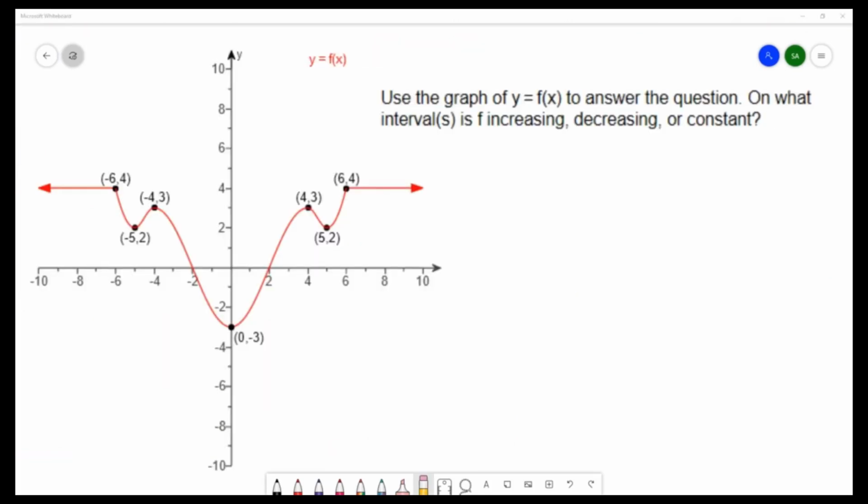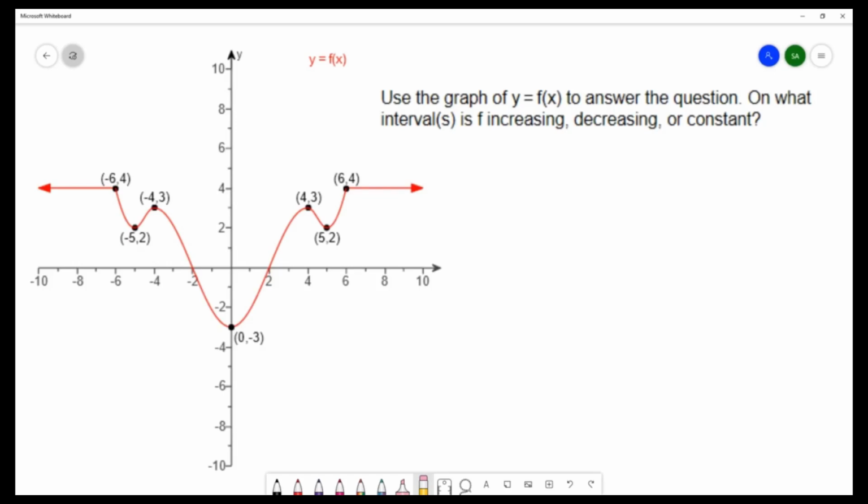On this question, we want to use the graph of y equals f of x to answer the question. On what intervals is f increasing, decreasing, or constant? So when we look at this picture, we see this graph in red, which is labeled up here as y equals f of x. And when I'm looking for the intervals of increasing, decreasing, and constant, what I'm going to